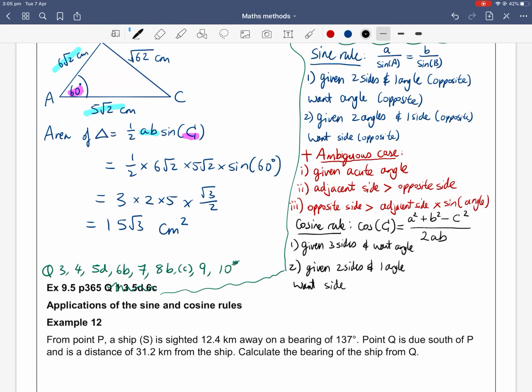Some questions might involve you mixing and matching between the sine rule, the cosine rule, Pythagoras and SOHCAHTOA. It might also involve using the sum of angles in a triangle being 180 degrees as well. And there's many ways to solve a problem, so some you might choose to use the sine rule, which might be faster, but you can still work it out